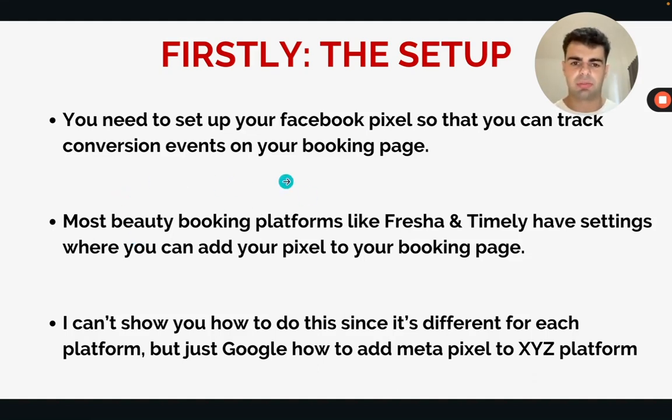Most beauty booking platforms will have a settings area where you can put the pixel in. So just Google basically, how do I add Meta Pixel into XYZ platform, and you'll get given a result that'll show you exactly how to do that. You can always just pay someone on Fiverr or on